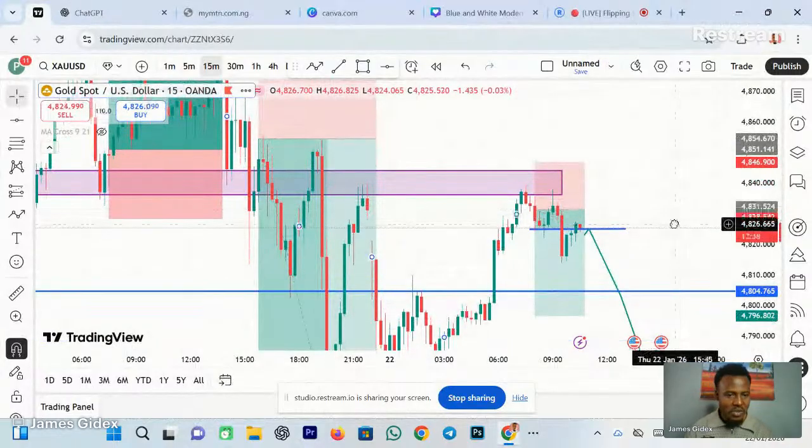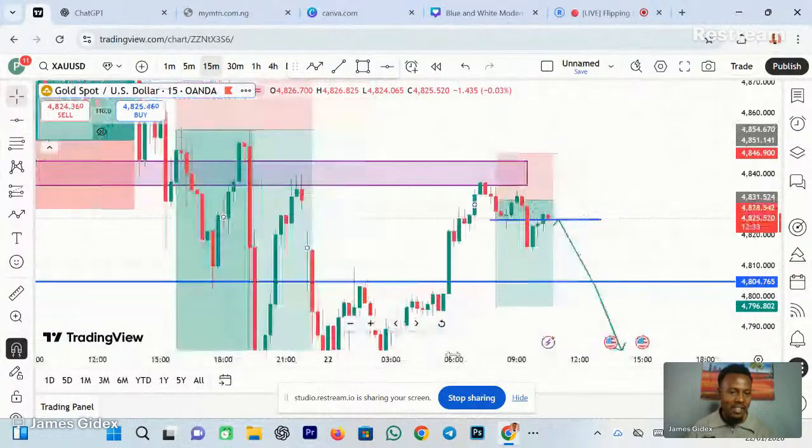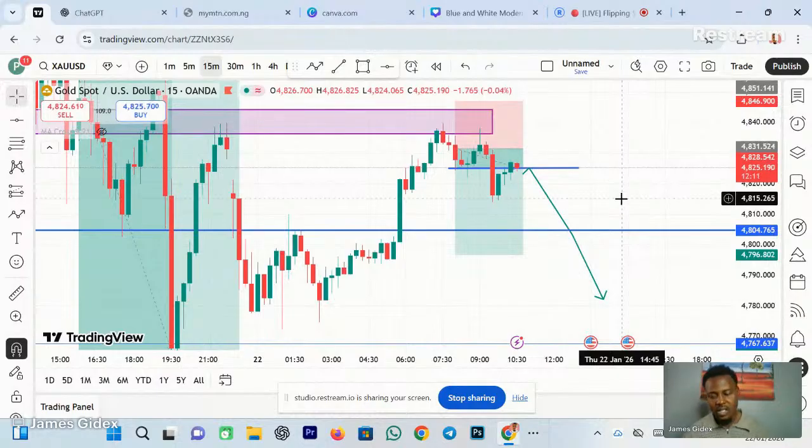Now, guys, let me tell you a story, right? There's a guy who recently funded his account with about $1,000. He's a complete beginner. He doesn't know much about the market, and what he kept doing was extending his stop loss when the market was getting close to it. Eventually he blew the $1,000. That is a huge lesson, and whatever we are telling you guys right here is a lesson that we have learned the hard way.